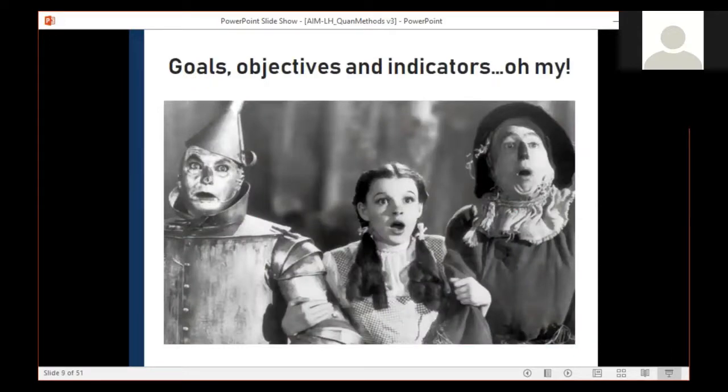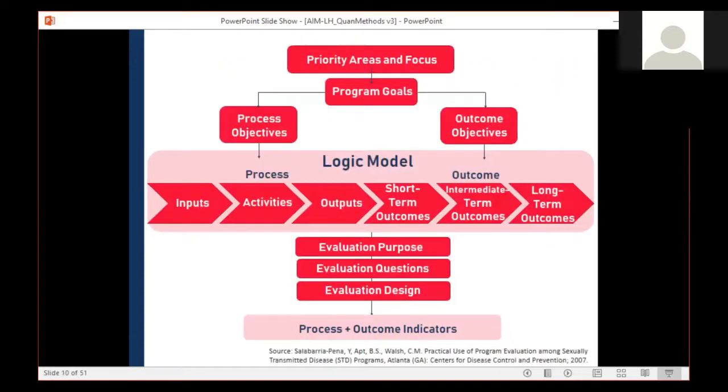All right, so goals, objectives, and indicators. Oh my gosh, embarking on this process can sometimes be a little terrifying. That might be a little dramatic, but maybe it's more anxiety provoking, and probably at the same time, a lot of fun and rewarding. And I sure hope it's the latter for you. This figure is to acquaint you with the elements of the evaluation planning process that we've touched upon. And you can see where the program goals, objectives, and indicators fit in that process.